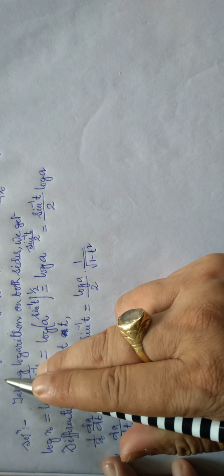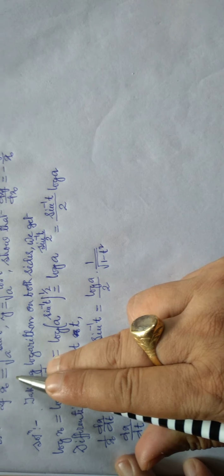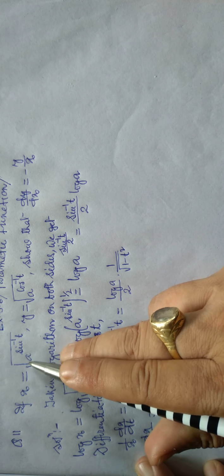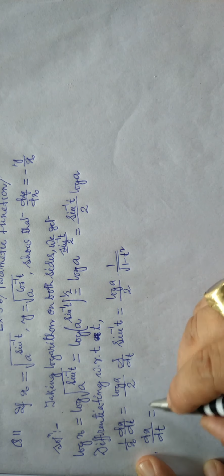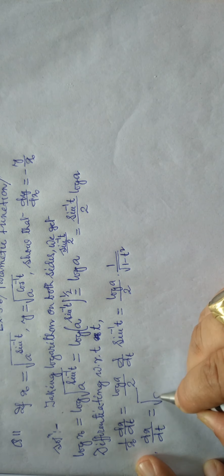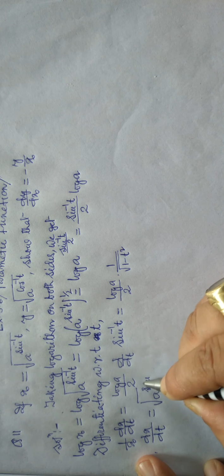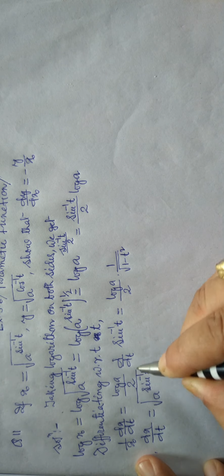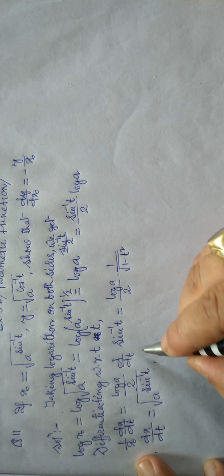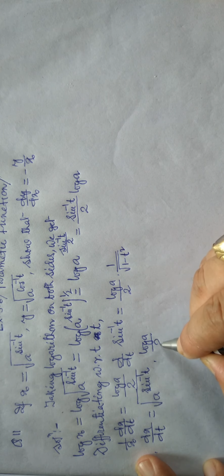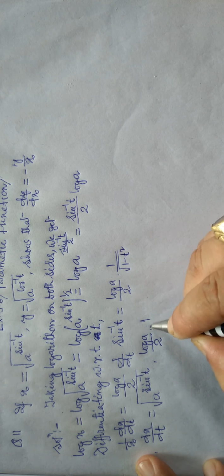This is equal to x, we have to write here that one, this is the root over e to the power sine inverse t into logarithm of a divided by 2,